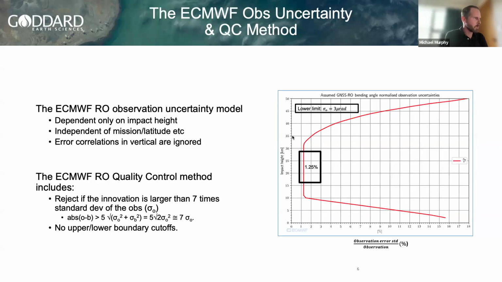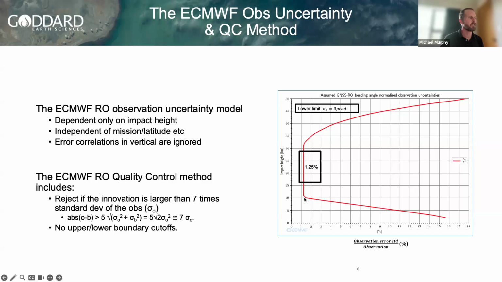So we've been exploring using just the ECMWF's model, which is much more simple. I've made a plot of it here. It's dependent only on impact height, and it's independent of mission or latitude or any of those things. And you can see that it starts at 20% at 0 impact height and decreases linearly